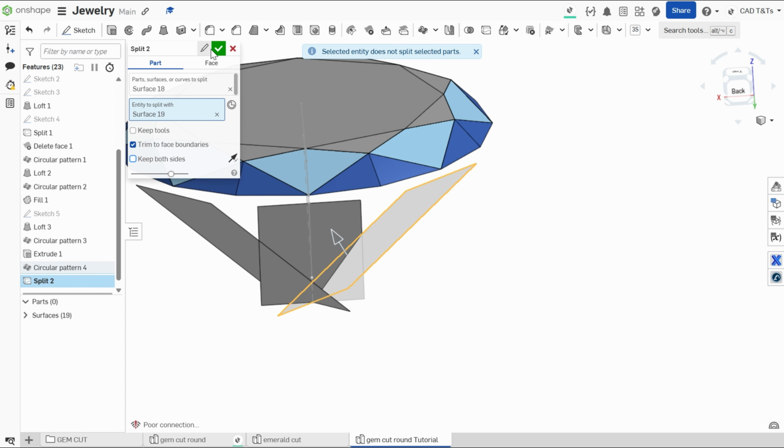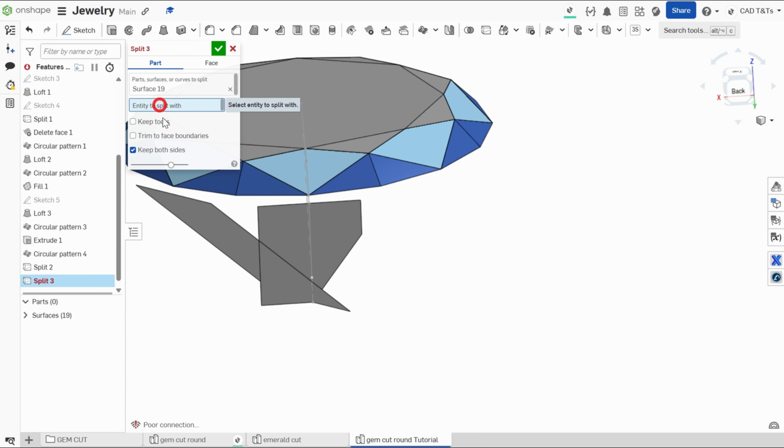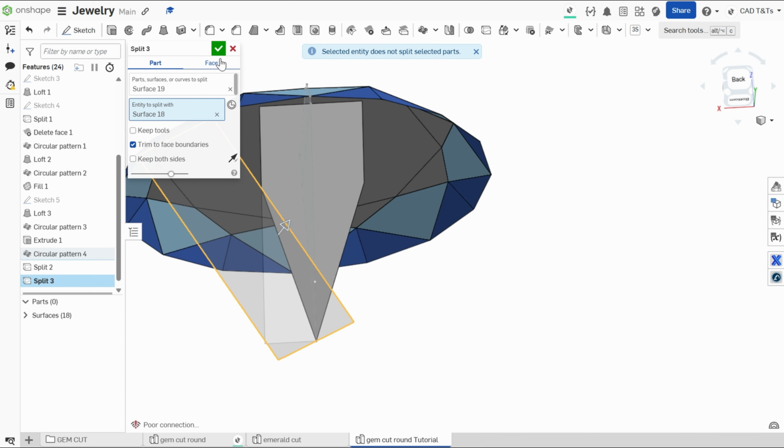Oh, okay, I have to do it 2 times, so again, let's use trim this, this, keep offside, not keep offside, this one. Now